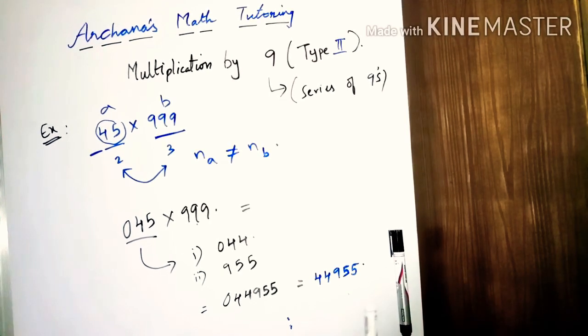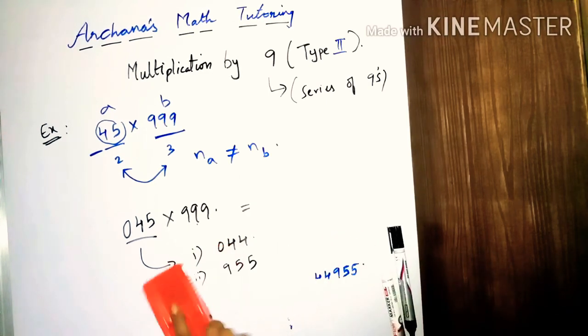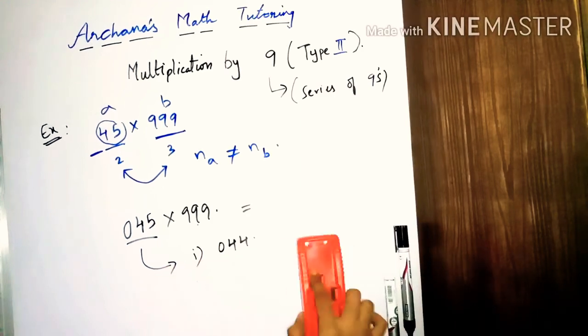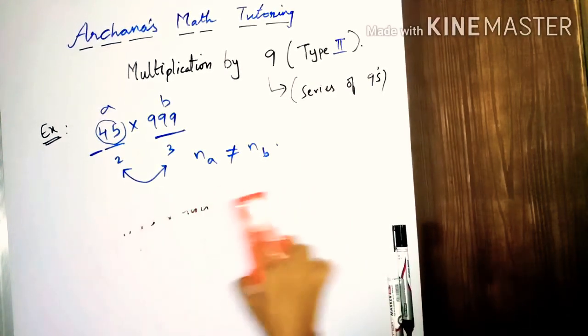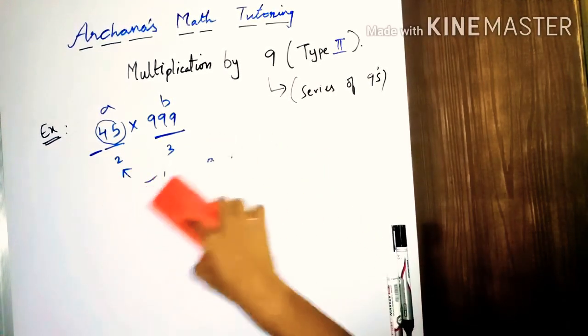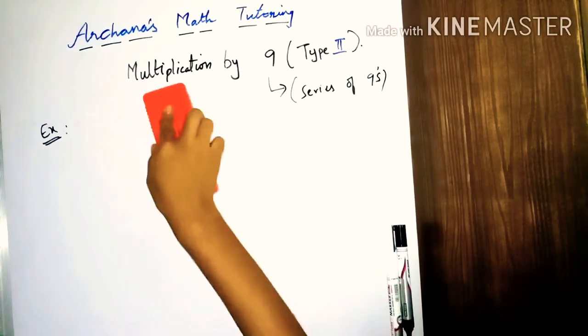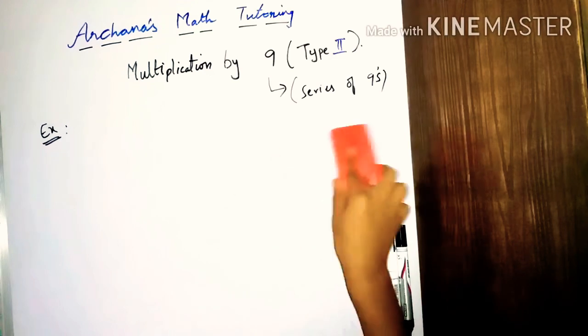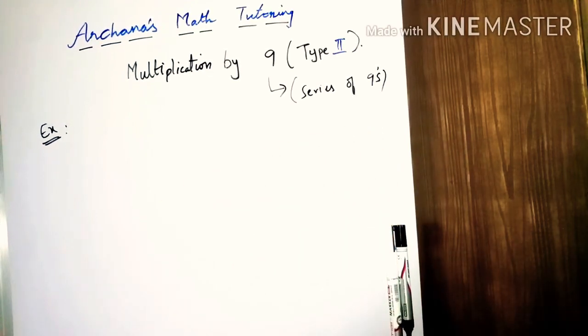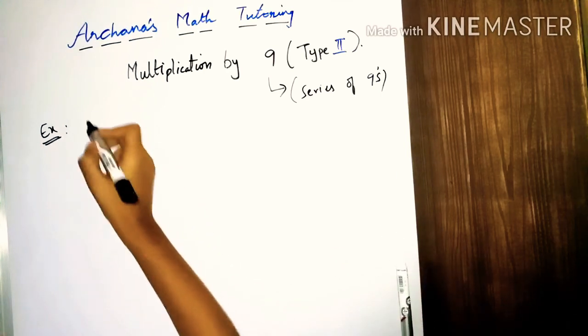You can't specifically consider this as type 2, but okay, this is something different from that. Here the digits are different, so you can add a zero and check it yourself. Please try these problems. I'll explain one more example, and you will tell me if they are type 1 or type 2, and you will be solving. Please do solve on your own so that you will also practice along with me.